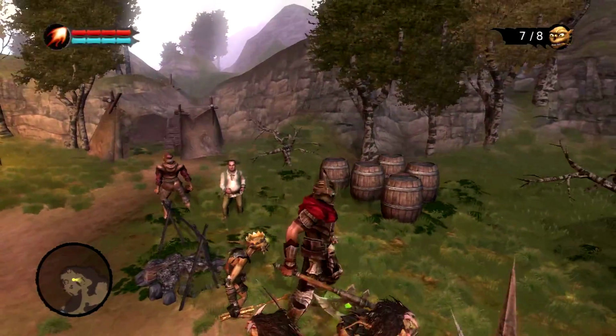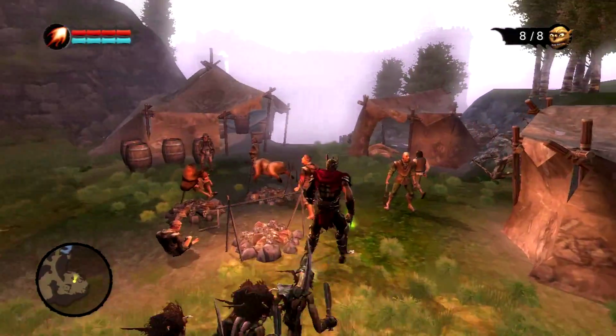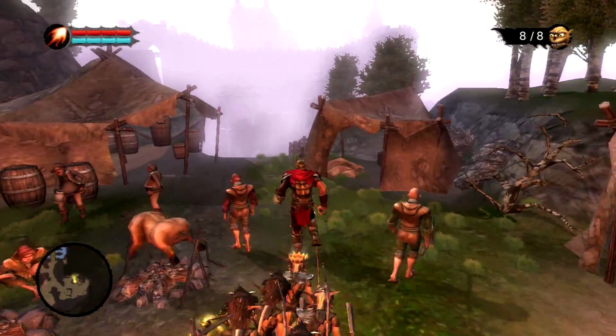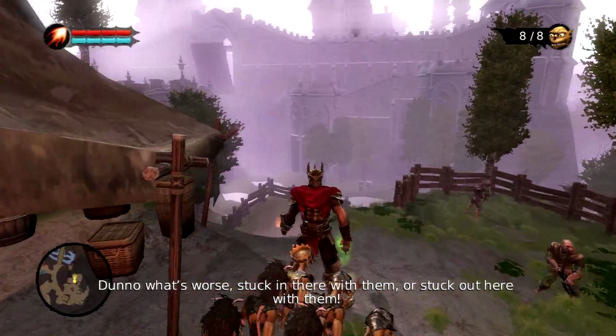We just killed your best friend. Do you really want to be telling me that? Like, you could be saying, I knew him before he turned. Great bloke, mate. Something strange is going on at that inn. Okay, so...